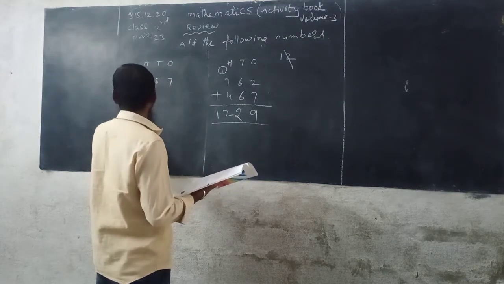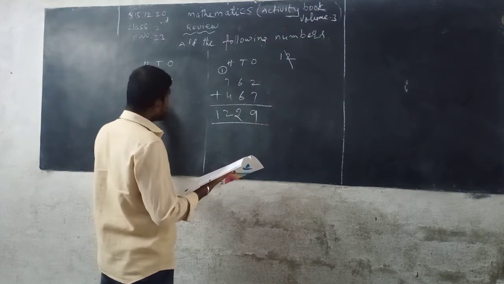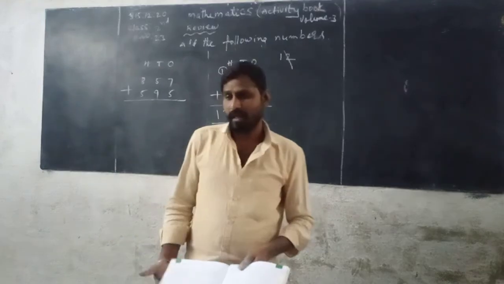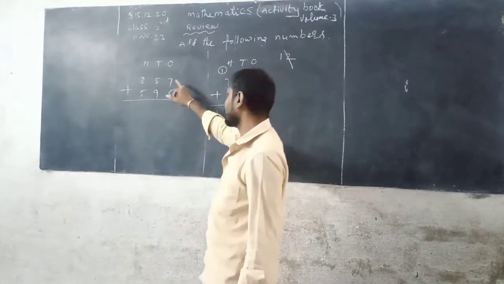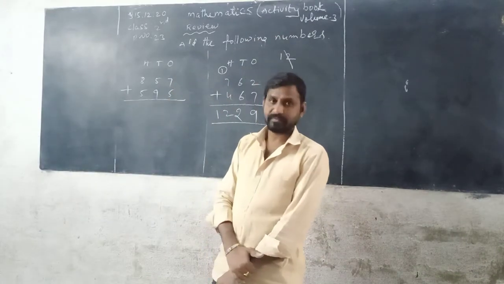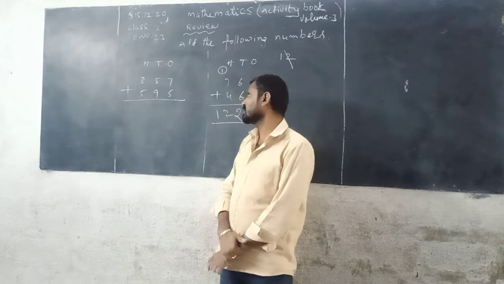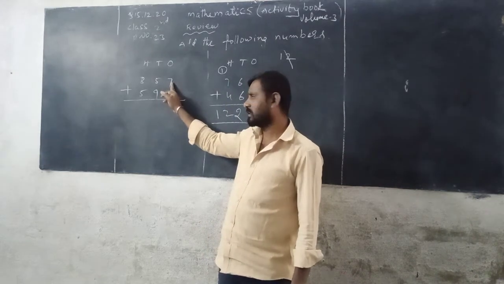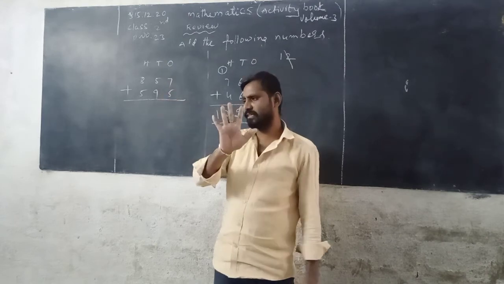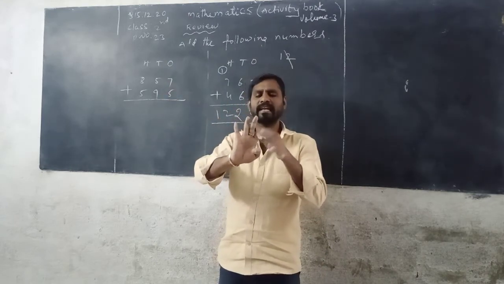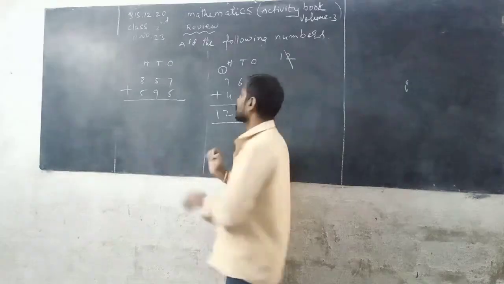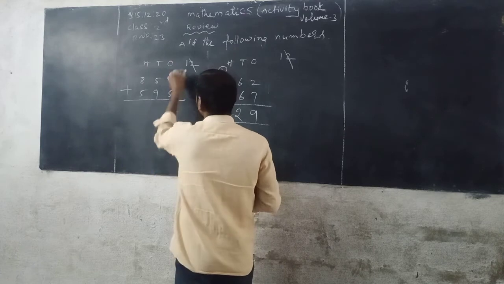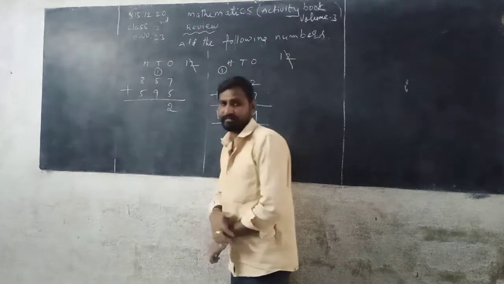857 plus 595. Look at the blackboard, everybody. First add the digits in ones place. That is 7 plus 5. See here. Keep 7 in your mind and take 5 fingers in your hand. You count 7 after 8, 9, 10, 11, 12. So 12 is a 2-digit number. In it, 2 is written down in the ones column and 1 is carried to the tens place.